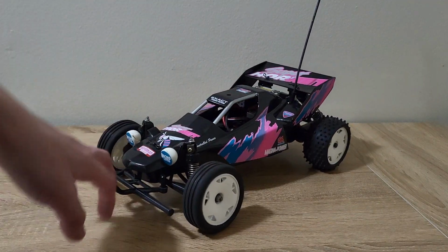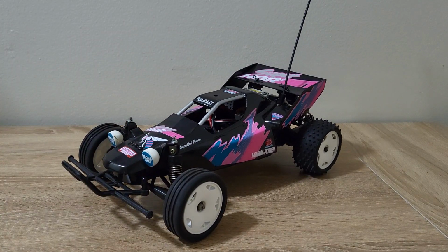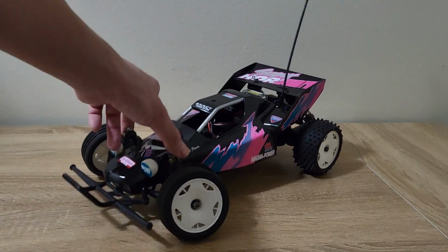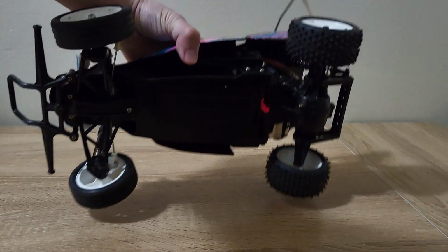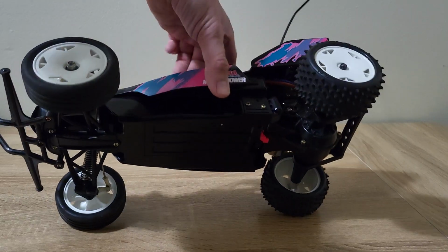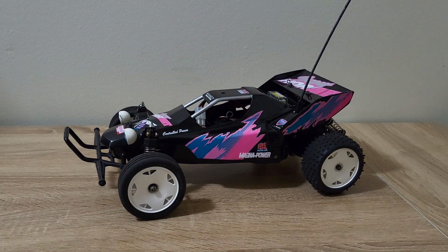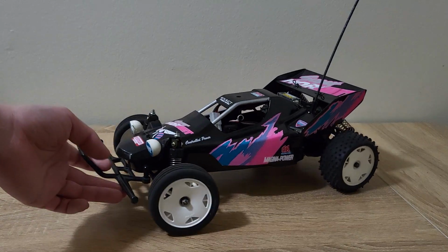But other than that, I also have ball bearings in it, but other than that, it's basically a pretty standard Super Hornet. The CVA shocks are stock. Nothing really crazy to it. I do have the Amper Engineering transmission brace on here to kind of stop that, but nothing too drastic on it. Basically just a color scheme change and wheel and tire change is what this whole thing was,